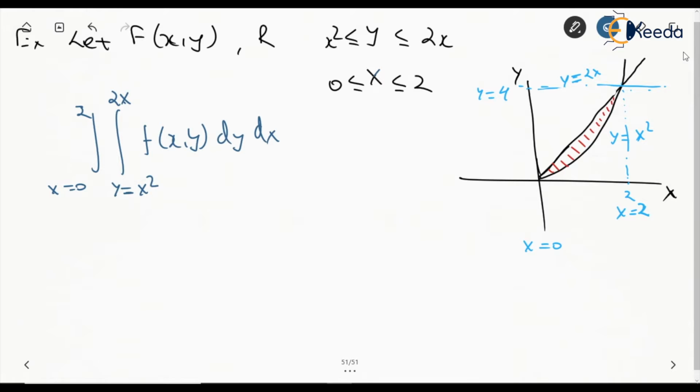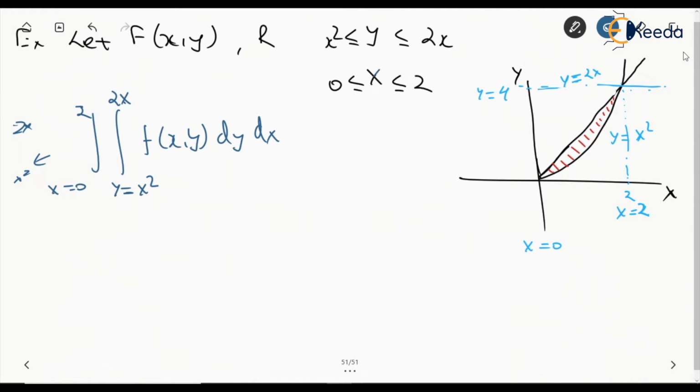Now why did I say that y is in terms of x, then this must be the first integration order? Because if we are going to put on the outer interval y is equal to x square and then 2x and so on, then the final integration will have the values in terms of variable, because the limits are in terms of variable, right? So obviously we cannot have that. So by seeing the limits or intervals of the variables, we can say that the order of integration was dy dx.